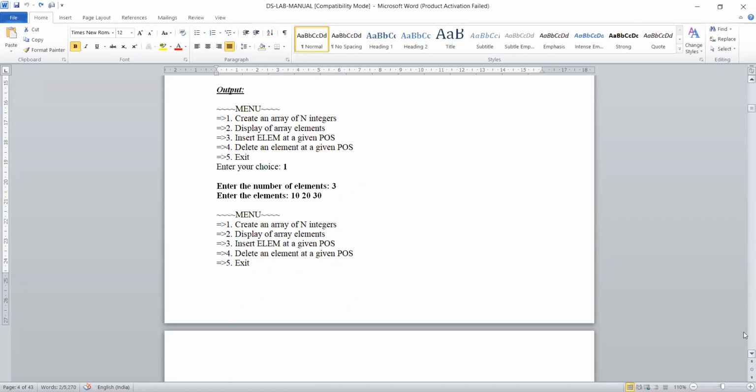So you have to properly see: create an array with at least 3 or 4 elements, display it, insert one more element into the array, delete one element from the array and show the output. All the functions that are defined should be executed and seen.